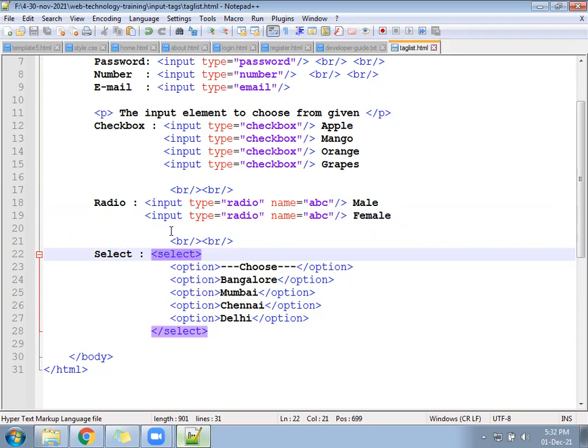Now options are coming. Now suppose there are 200 options. Assume 4 or 5 you displayed easily. If you have 200 options, then what will you do? The user will get confused about which city belongs to which state.